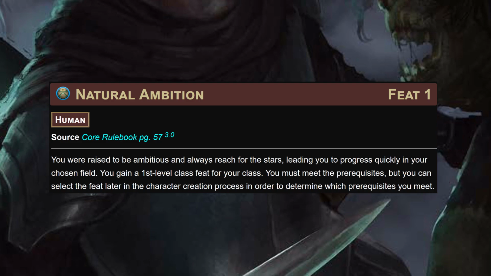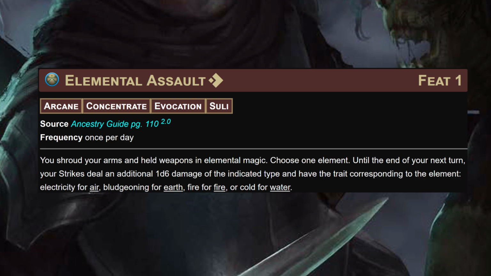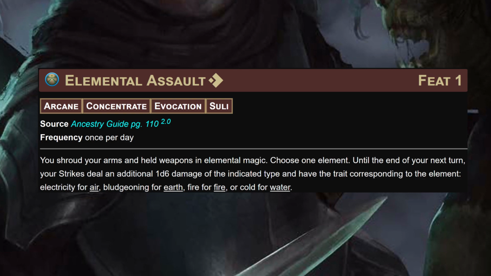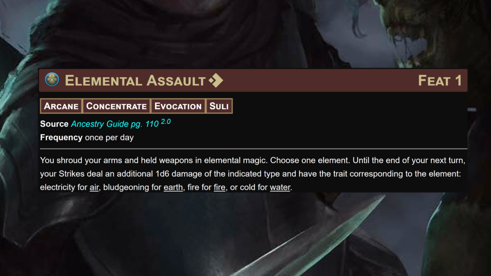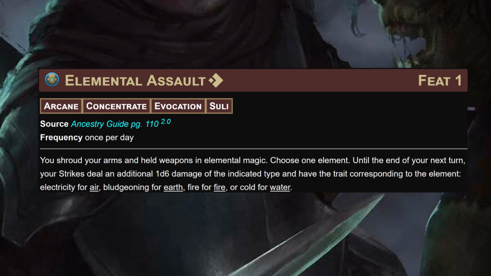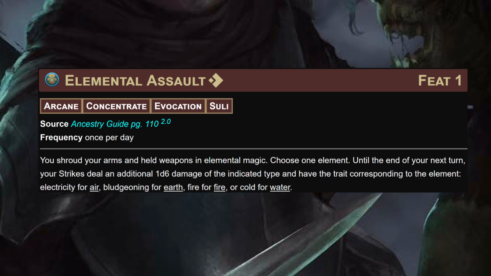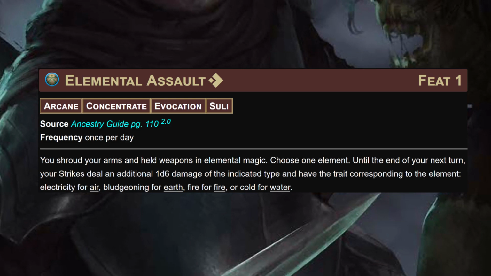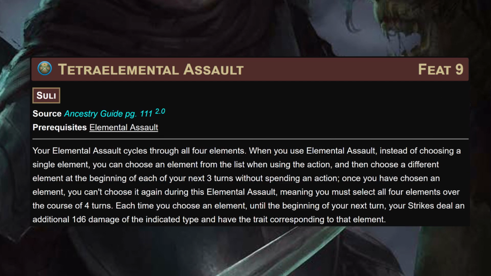For our ancestry feats, Natural Ambition at level 1 gets us that bonus class feat, then Elemental Assault at level 5, once per day for one action, choosing whatever the hell we've flexed bended into. Until the end of our next turn, our strikes deal an additional 1d6 points of the indicated type of damage, be that bludgeoning, electricity, fire, or cold for earth, air, fire, water, respectively, into Tetra Elemental Assault at level 9,